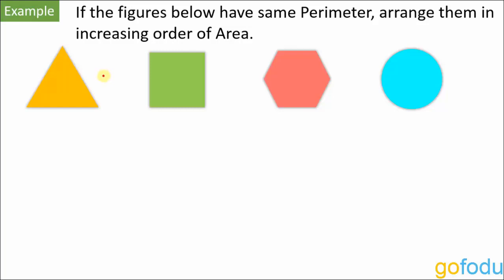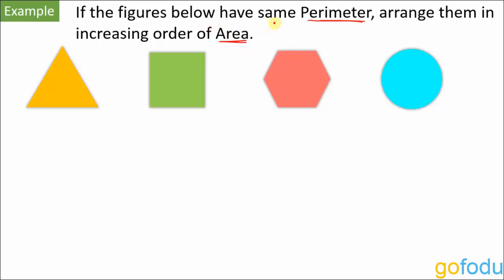Here we have something different that makes for an interesting objective question, by the way. It was asked in CAT 2003. There are two parameters, perimeter and area. We are going to compare one of them, keeping the other same in all these figures.